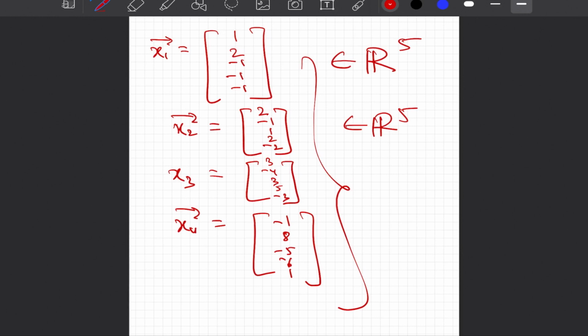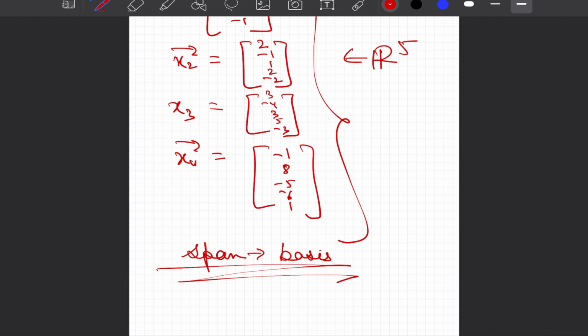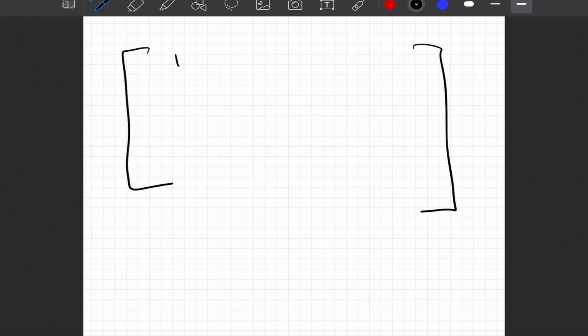Now if we have to go from span to basis, again we will take the help of row echelon form, use some elementary transformations on the matrices, and identify which of the columns are pivot columns and which are non-pivot columns. All the pivot columns in our reduced row echelon form will constitute the basis derived from the span. Now let us look into this specific case.